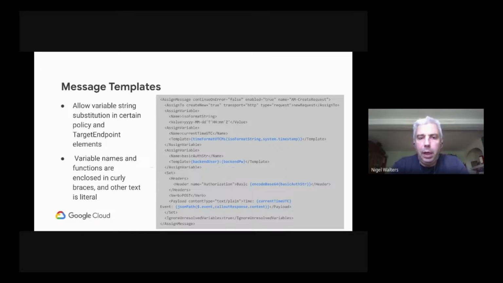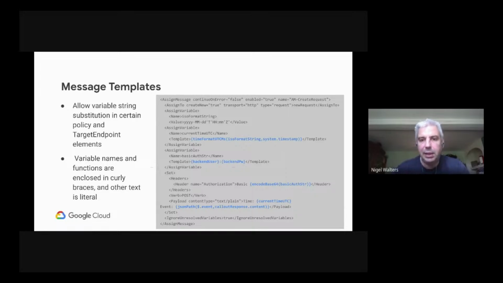One thing we can do as well is we can make use of something called message templates inside Apigee, and this is quite a powerful capability. So in certain policy configurations, you can use these. The way you use them is you put variable names in curly brackets. So these will refer to any variables maybe we captured from our extract variables policy, or indeed we set from our assign message policy. Assign message can also create variables, and then within this you can also run some functions